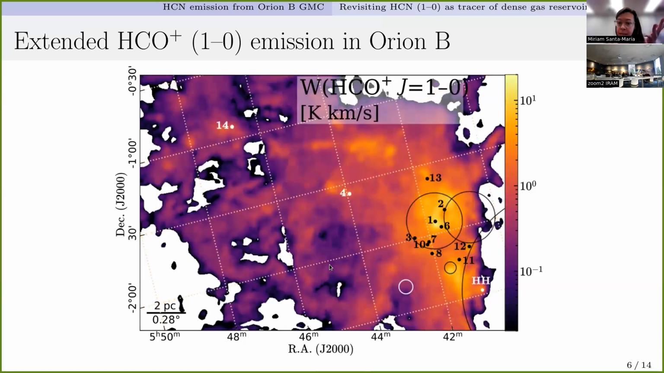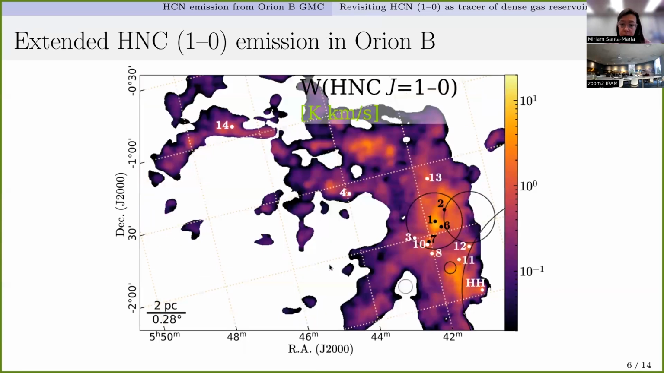The HCO+ also shows a very extended emission, as HCN does. However, HCN shows a more compact distribution, more focused, concentrated in the filaments. Last but not least,